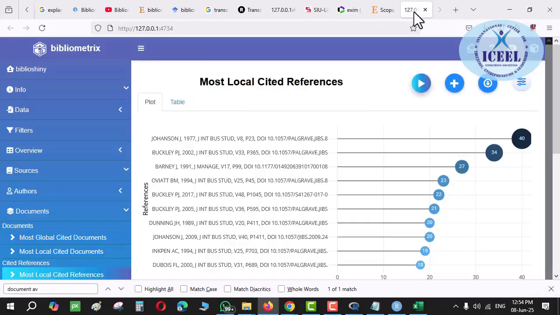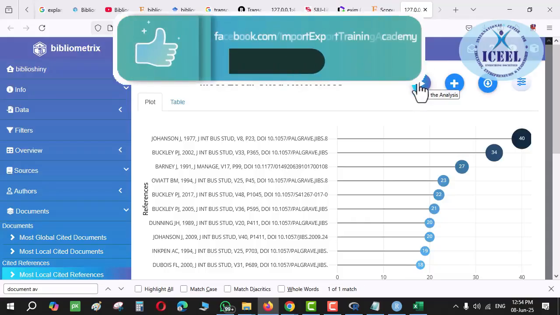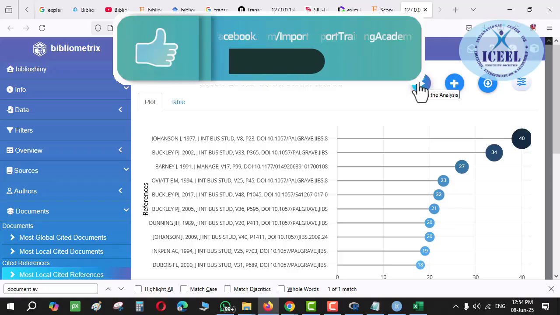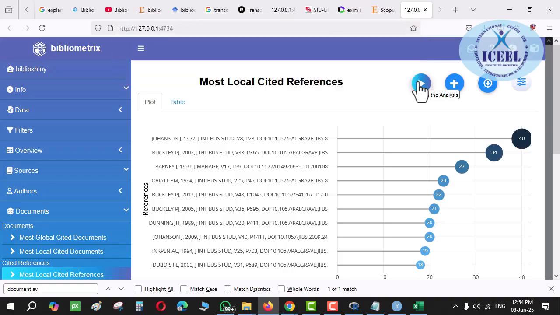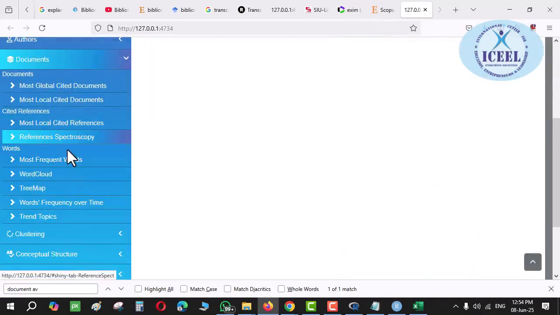Hello? Okay. Now, most local cited references means what? Most local cited references, and if you have not exported the full references, then the spectroscopy one below will also give an error. Local means what? Again said that into the database, which references are most locally cited. It would give the indication concerned with that reference, spectroscopy.